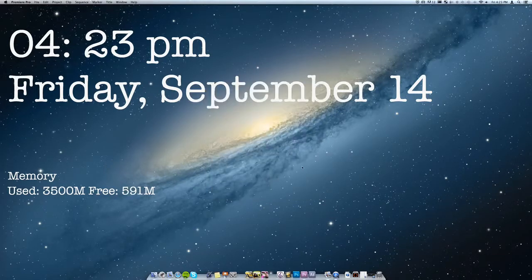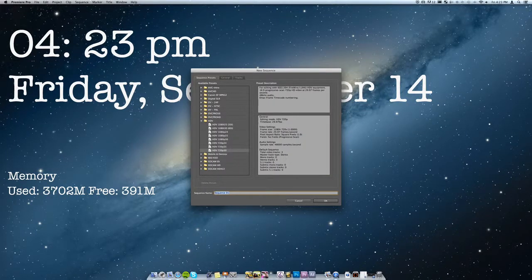Okay, so now we're going to go ahead and it will open up our document. It will open up this new window where we can choose the settings for our sequence. So before was just the basic settings. It's more about, I guess you could relate it to system preferences, whereas this is more about the particular sequence that you're creating. Now, you can usually have one sequence in a project, but you can have as many sequences as you want within a project. If you know After Effects, it's sort of like compositions.